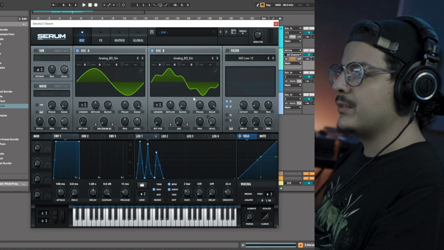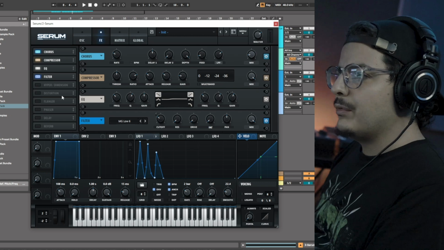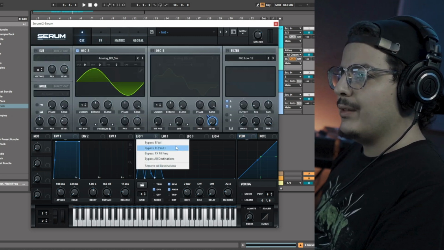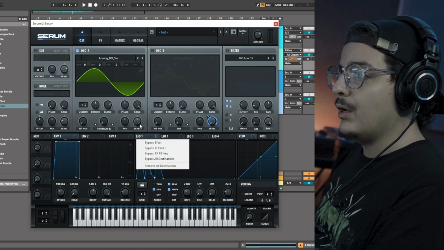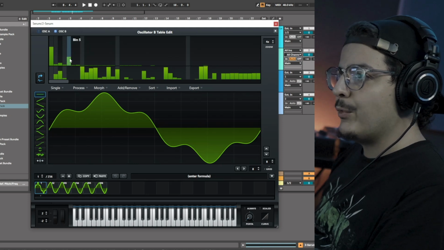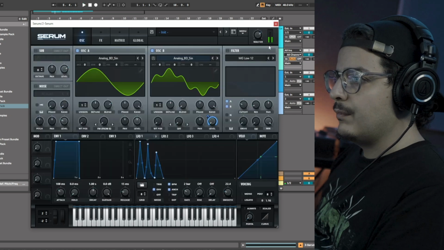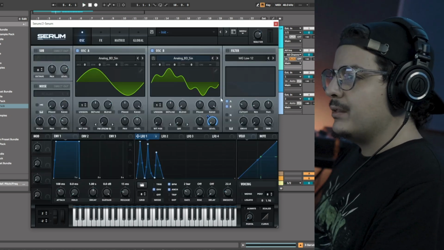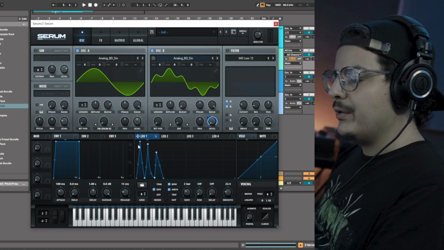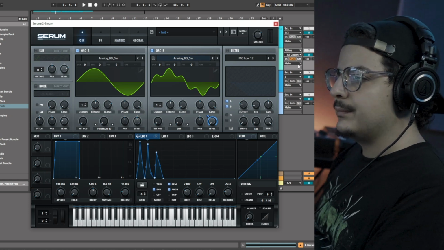Okay, so the sound design for this preset is actually quite simple. I've just added some really subtle effects here. But basically what I'm doing is I have mapped the LFO1 to the level of oscillator B. And oscillator B is just the sine wave, but I put bin number 5 at around 33%. And so I have LFO1 basically just dragging the volume of oscillator B up and down in this shape right here, as you can see. And so this is mimicking the movement from the original bass in the